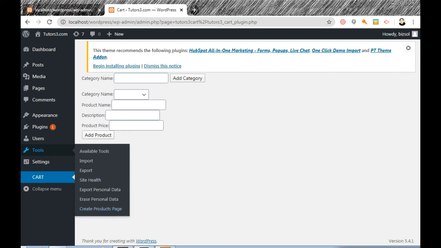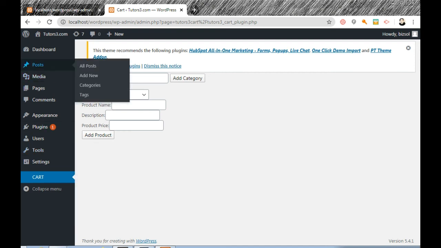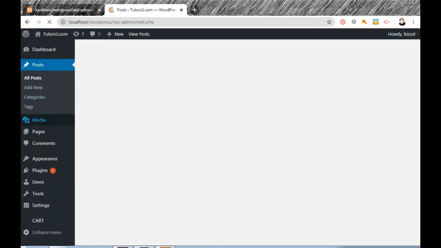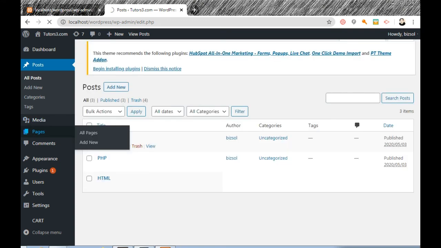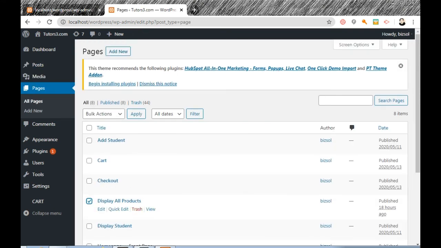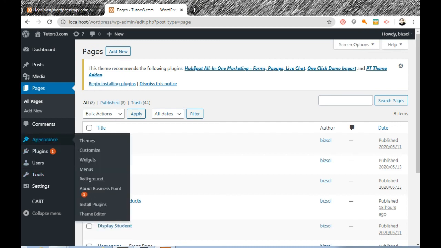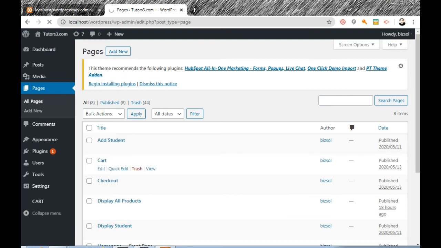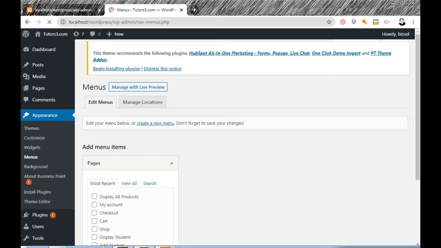We have created the page using the tools menu. We have added a create products page. When we click on create product page, it will create a page dynamically, and it is inside the pages. If you see pages, this is display all products. We have added it to the menu.